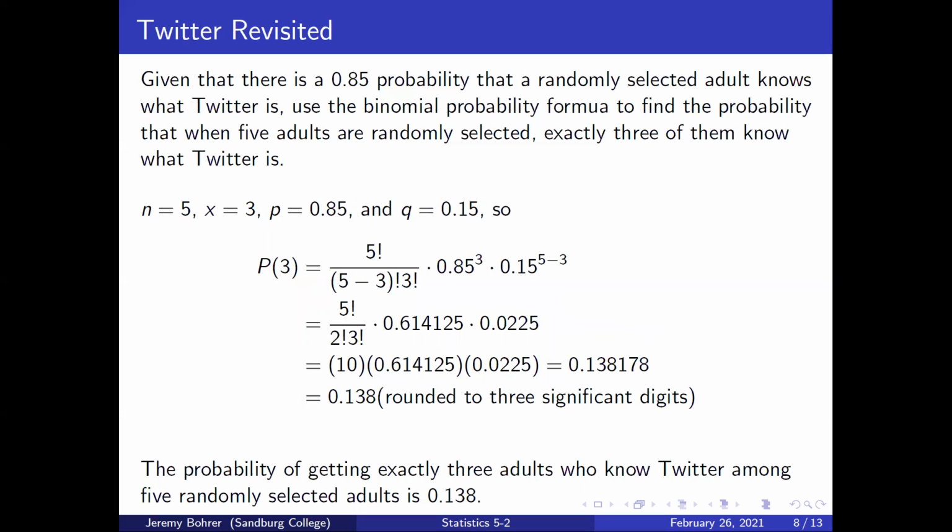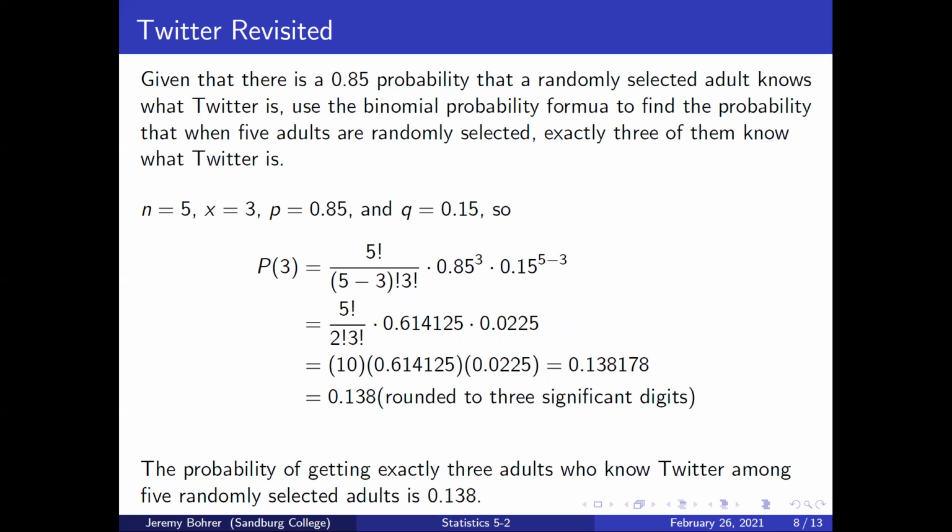n equals 5, x equals 3, p equals 0.85, and q equals 0.15. So P(3) is 5 factorial divided by (5 minus 3) factorial times 3 factorial, times 0.85 cubed times 0.15 to the 5 minus 3 power. That's 5 factorial over 2 factorial times 3 factorial times